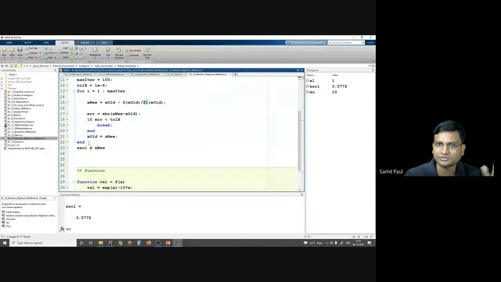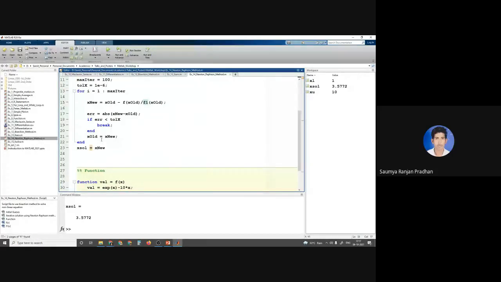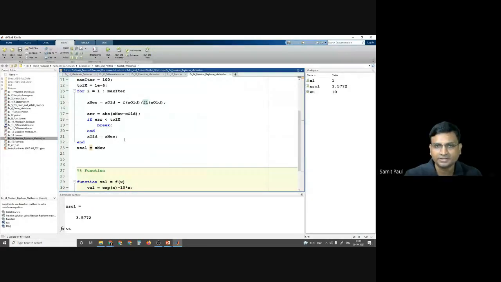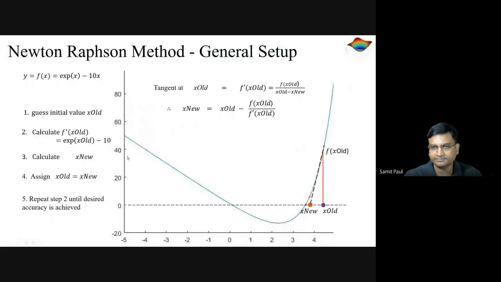Have you understood the code? No. You didn't? Okay. Let me repeat it once again. See here. First, we need to initialize a guess value, which is called x old. For our case, we had taken x old to be 5.